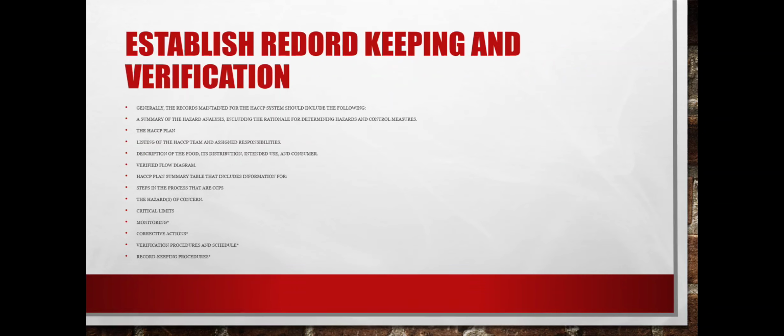Establish record keeping and documentation. Generally, the records maintained for the HACCP system should include the following: a summary of the hazard analysis, including the rationale for determining hazards and control measures, the HACCP plan,